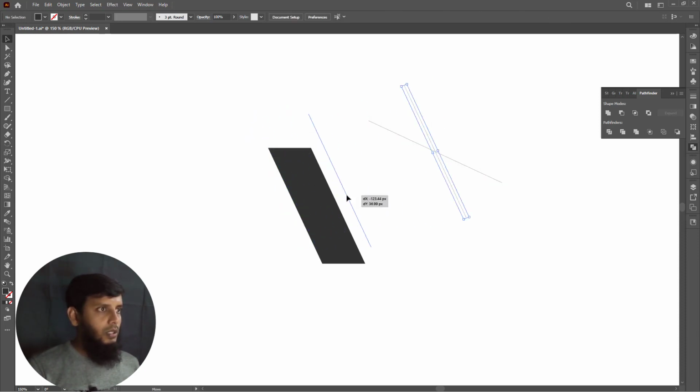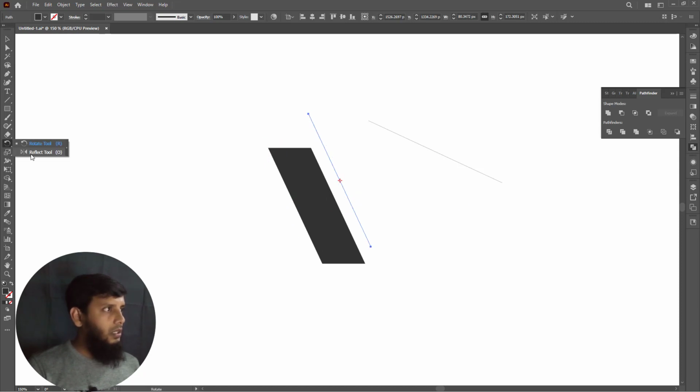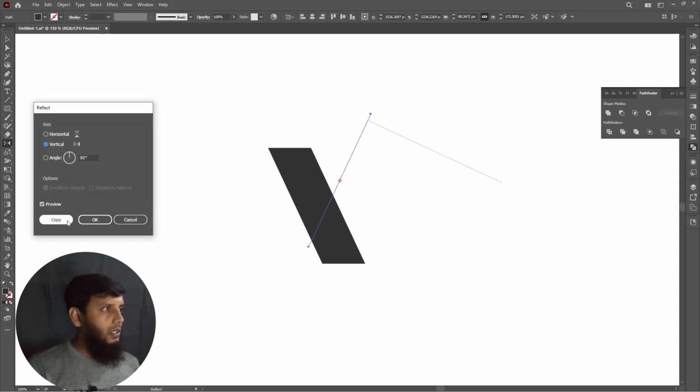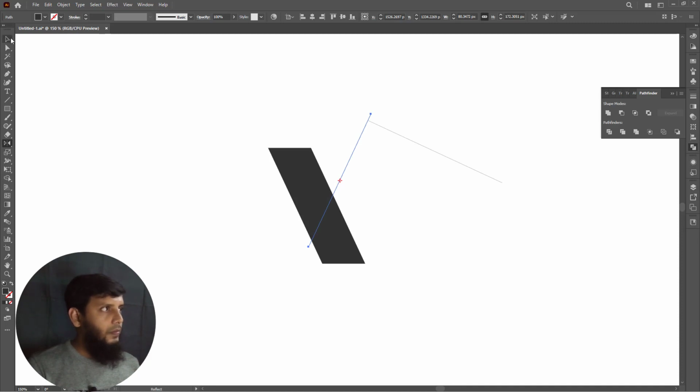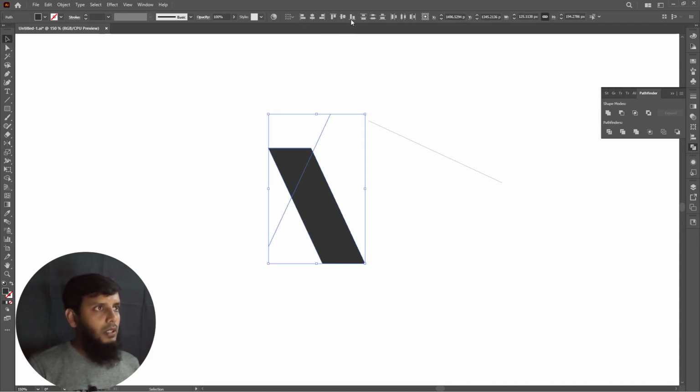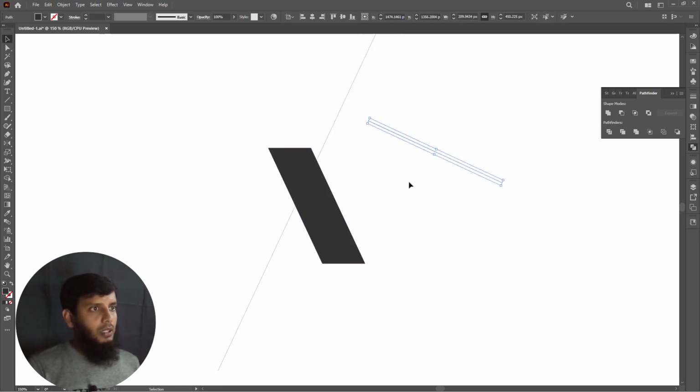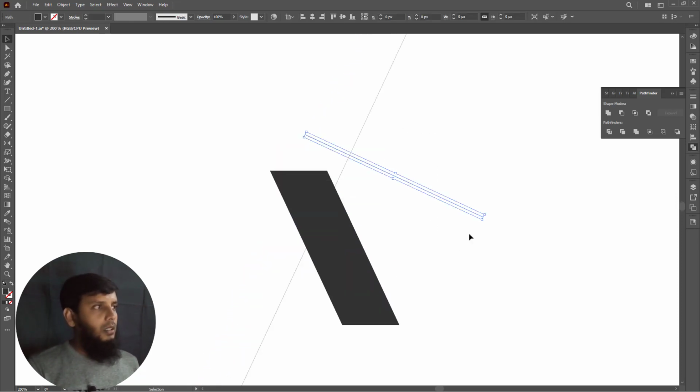We should reflect it, and place it. Yes, align it and let's make it bigger, and we should reflect it as well